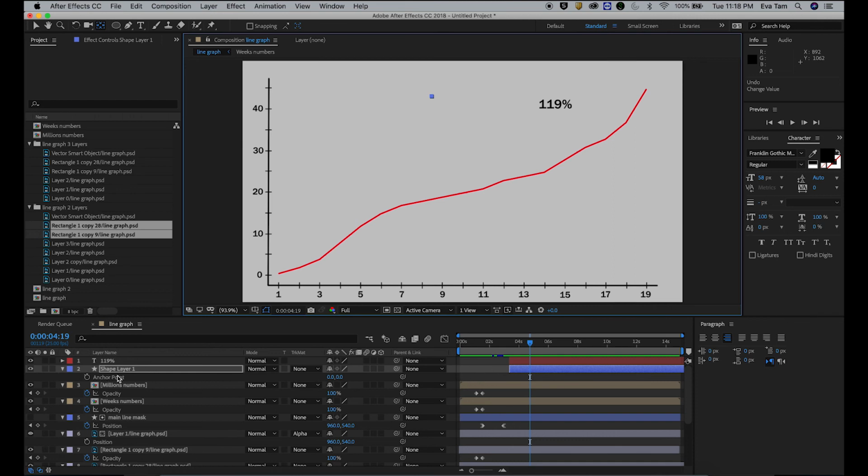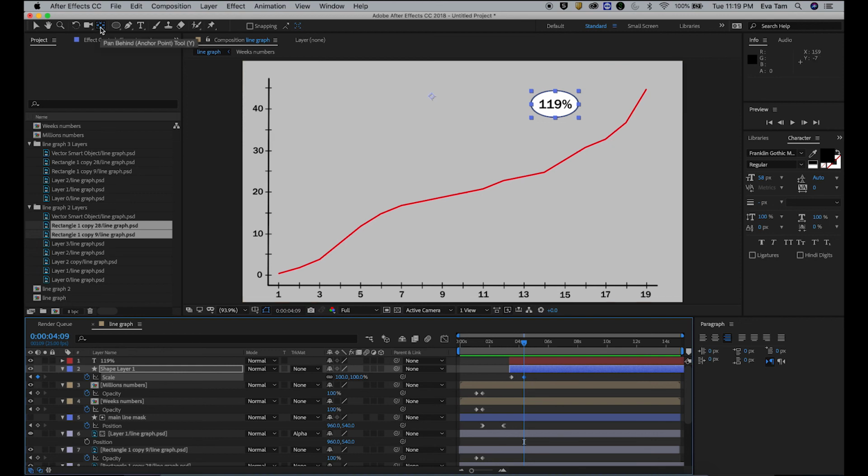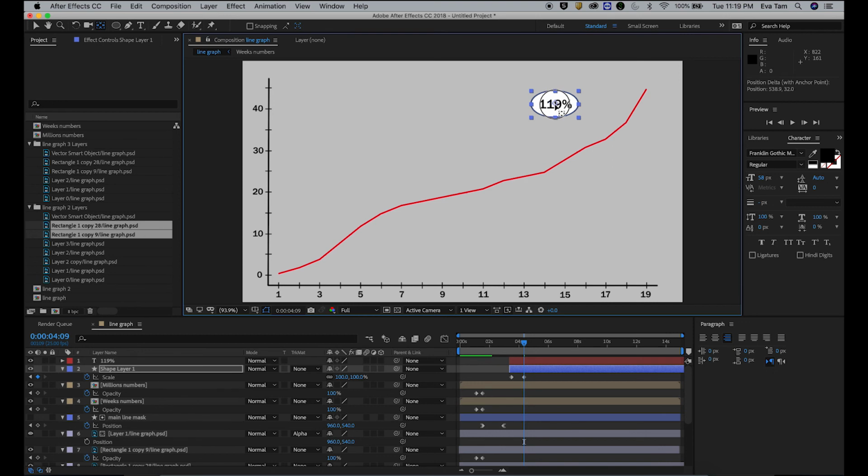So if you want to change your anchor point, because right now you see it's growing from this middle mark, and it's because the anchor point is right here. The anchor point is basically the starting point. And to change it, you press this button called pan behind anchor point tool, or press Y as you can see, and then you can drag it over to where you want it. So in this case, you want right here, and then it will pop up like so.